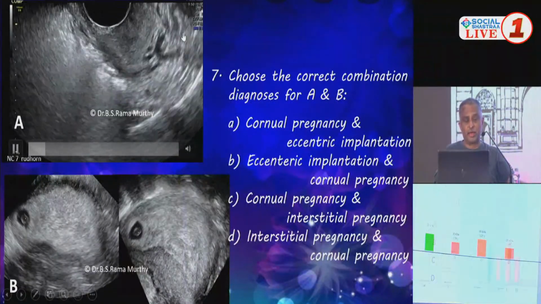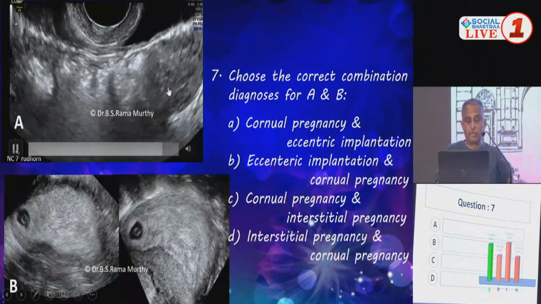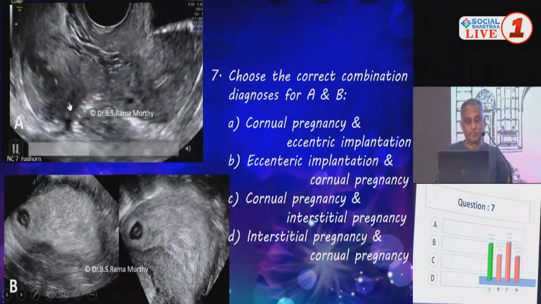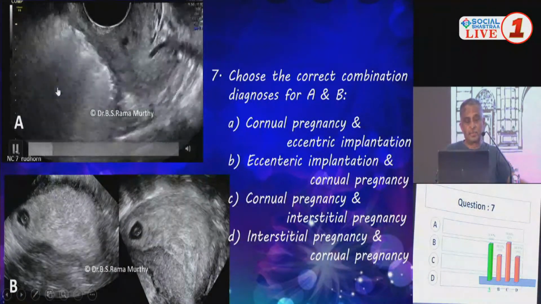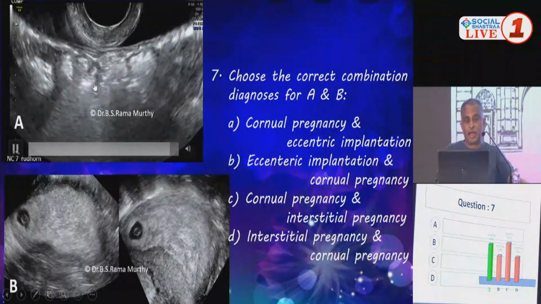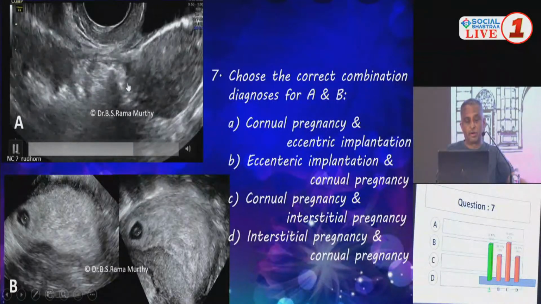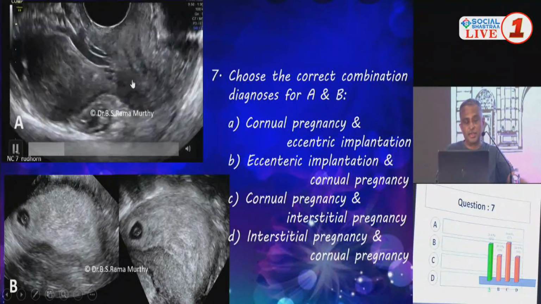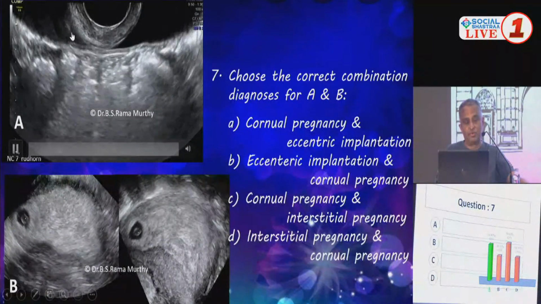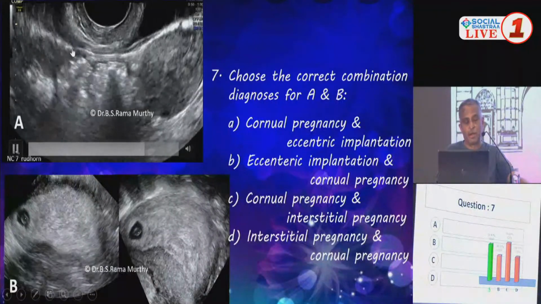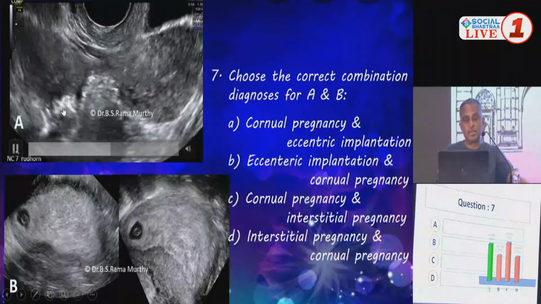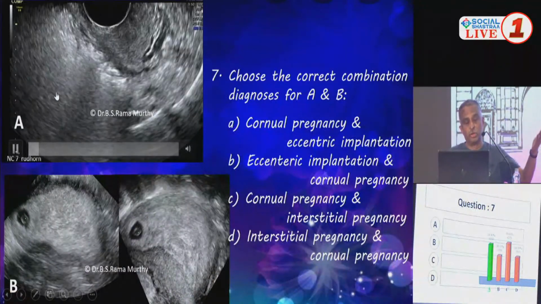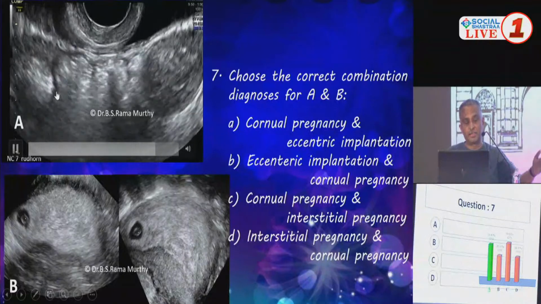Here, you have the left horn of the uterus, which is empty. The right horn of the uterus is gravid. But I cannot call it a horn because the connection is not myometrial. If you notice, it's just a leash of vessels, and then you have this bunch of myometrial wall there. So this is a rudimentary horn of the uterus on the right side, showing you a gestational event inside.